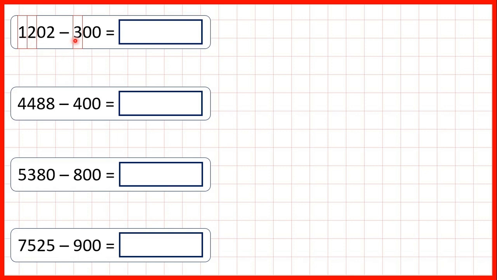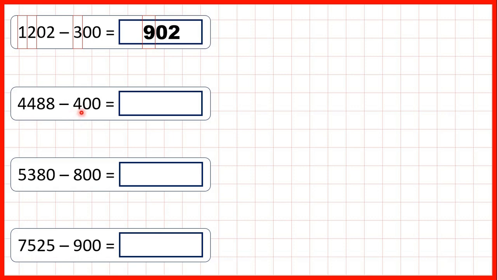Now 12 minus 3 is 9. So our answer is 902, because the tens and ones digit in the first number of the subtraction stayed the same, because we weren't subtracting any tens or ones. Now